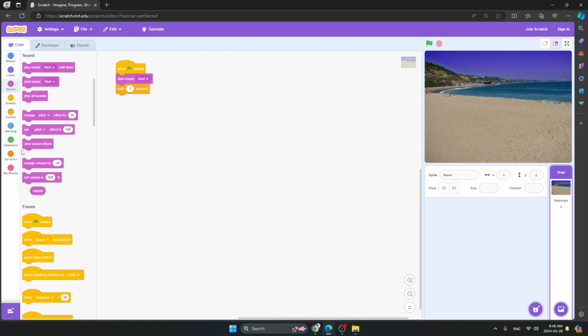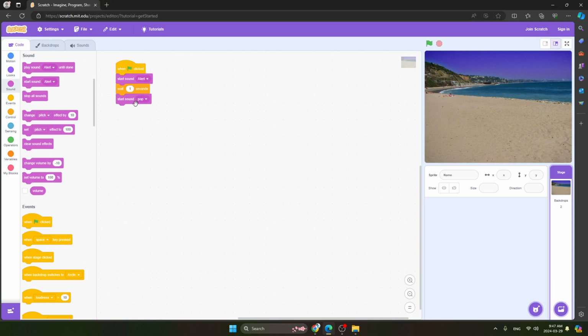Again we will go on sound and we will take start sound and we will change it here to pop. Now let's see the results. As you can listen, the first sound is alert and the second sound is pop.